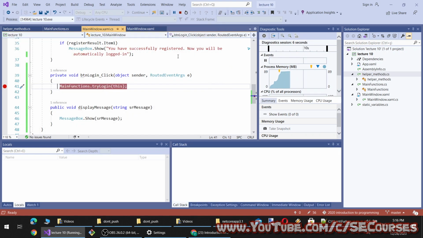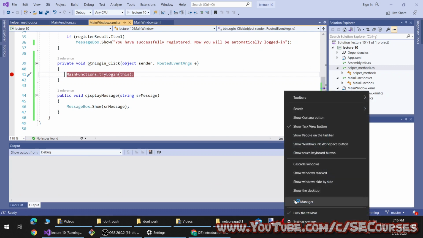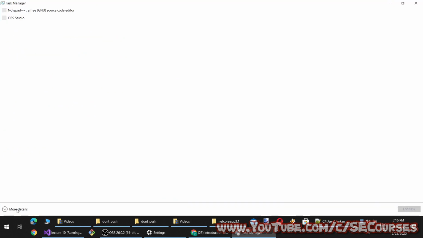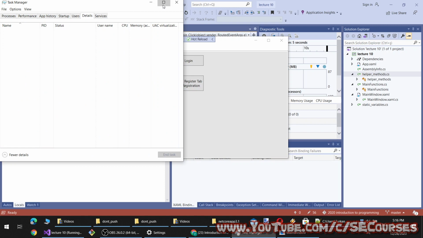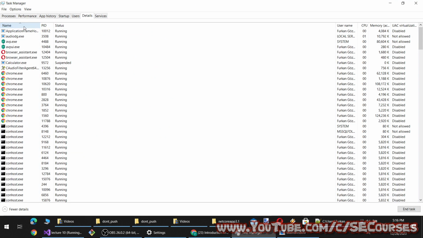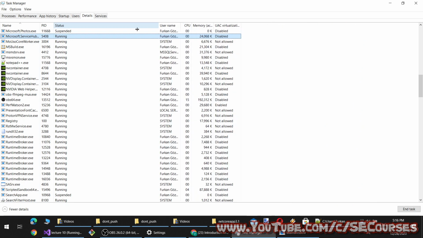I will also show you right now how to make this application 64 bits. Currently this application is 32 bits. I think, let's see if we can see it from here. Details, and the application name is main window.